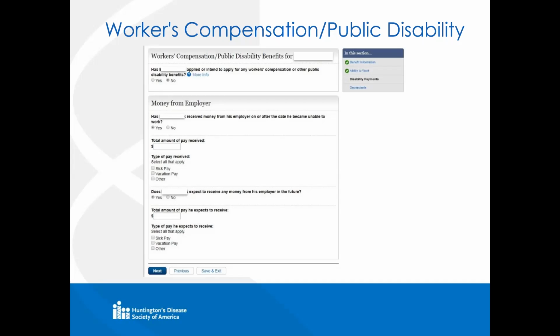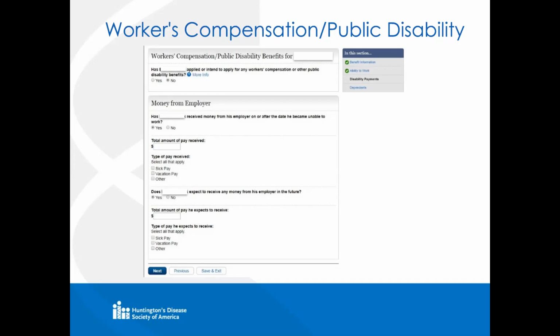And then Social Security also wants to know if you're receiving any more money from your employer, just because they want to make sure they're counting the money as the right thing. You can 100% continue to receive money from your employer as long as you're not actively working. They don't count sick pay, vacation pay, or other time against you if you stopped working. You can continue to receive those benefits and apply for Social Security disability. If you expect to receive money from your employer in the future, like a lump sum payment you're expecting for work you did in the past, or you're going to get more sick pay or vacation time or something,